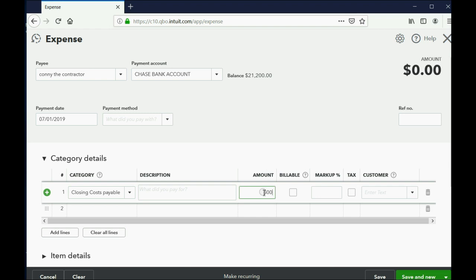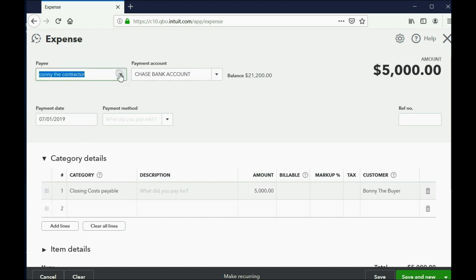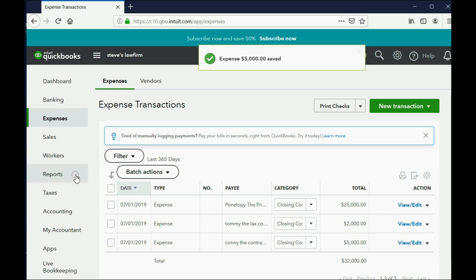For each of these separate transactions for each of these separate closing costs to each of these vendors, make sure billable is not checked, and then choose the particular customer. By choosing this customer and this vendor, you'll be able to run reports by customer and by vendor and see these transactions as a part of it to retrace what you're doing if you need to. But now when we click Save and Close, we go back to the trial balance,